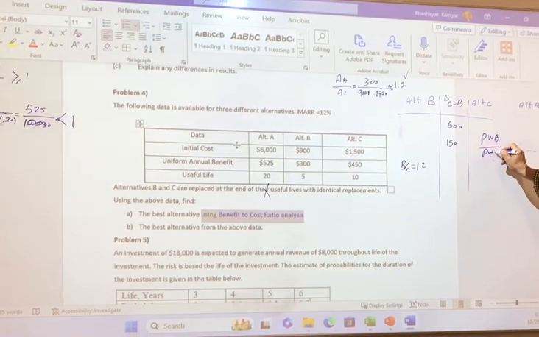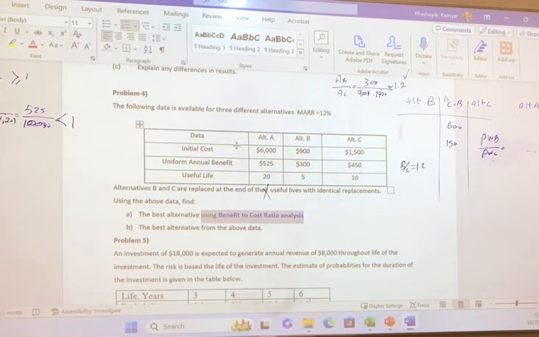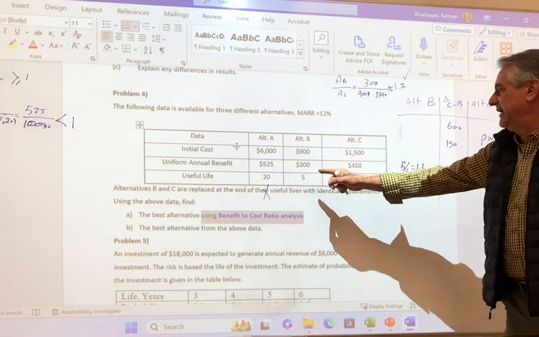Present worth of cost. So present worth of benefit, even I do that,